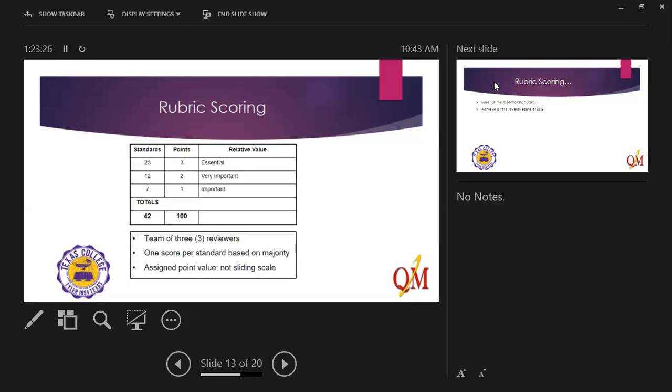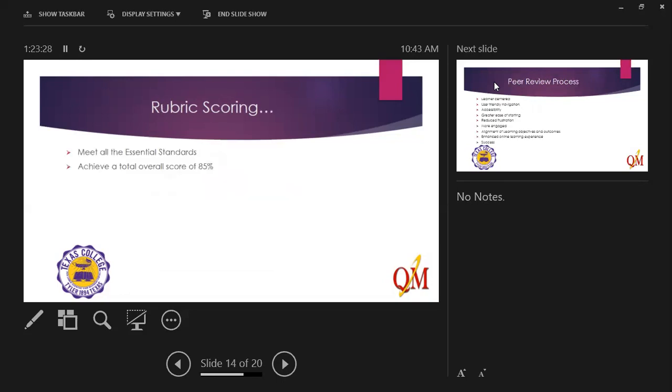So it's got to have all of the essential standards, all of the standards which are allocated 3 points each, and then an overall total of 85 out of 100, or 85%, in order for my course to be